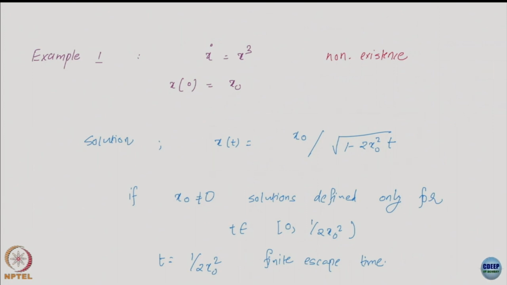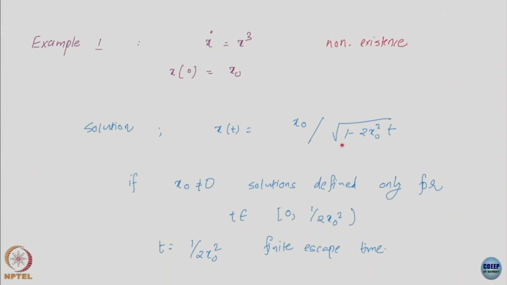What goes wrong? If I have a non-zero initial condition, say x0 is non-zero, then it's very evident that the solution will exist only until this is positive. As soon as this quantity becomes negative, it's imaginary, so there's no solution to this system. Beyond a certain time, and you can see this is dictated by how big time is, because x0 is fixed, everything is fixed here except for time. So as time becomes large, in fact goes beyond this,